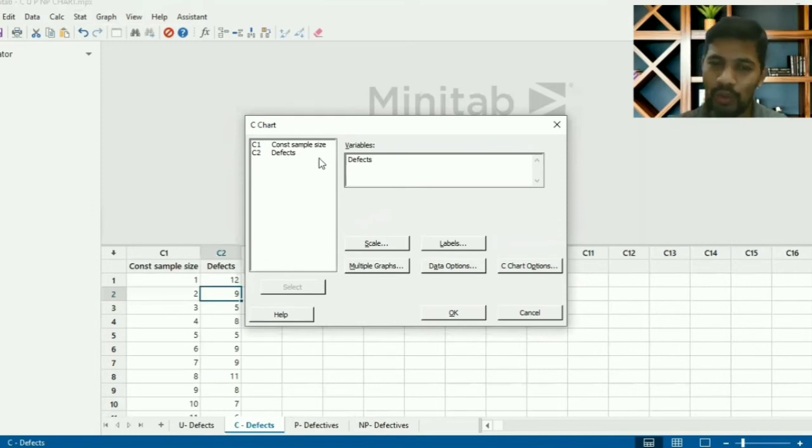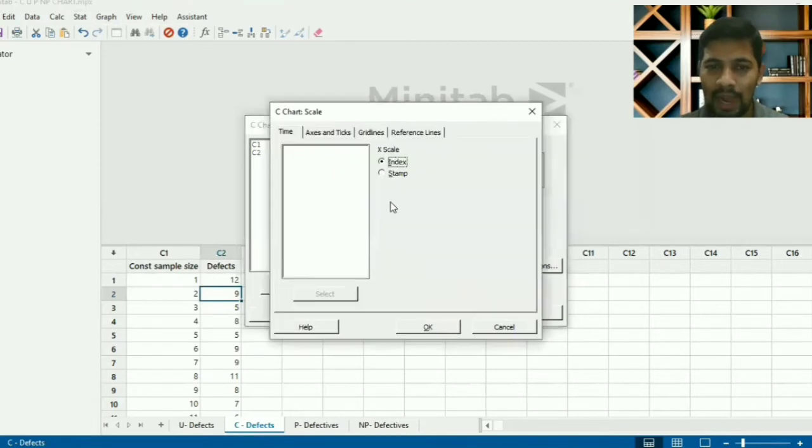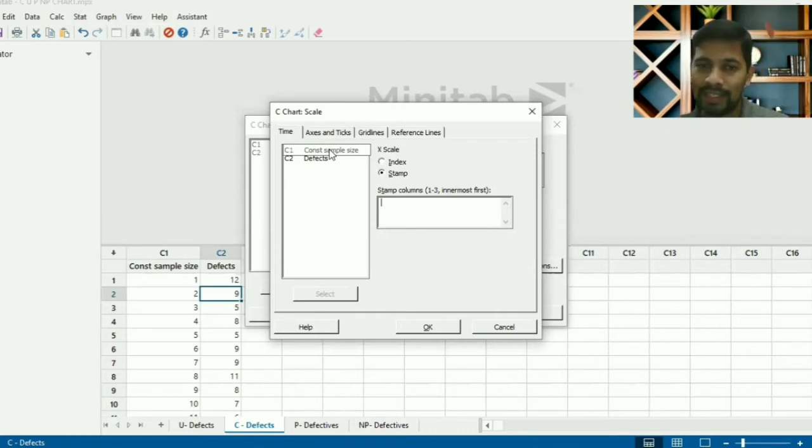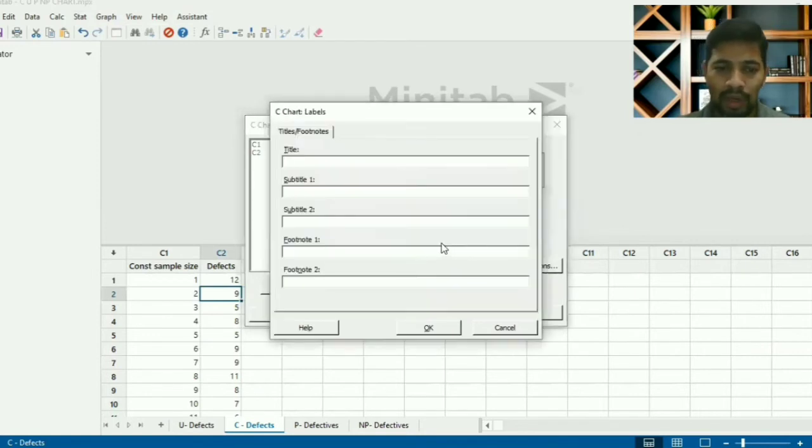There are two ways to do it. Either you can just double click it and it will come here, or you can single click, select, and then feed it. Either way it works. So let me double click defects. Scale: I'm going to stamp by constant sample size. Stamp meaning the x-axis, right? And then labels. I'm going to say C chart. You can also give a date and all that.